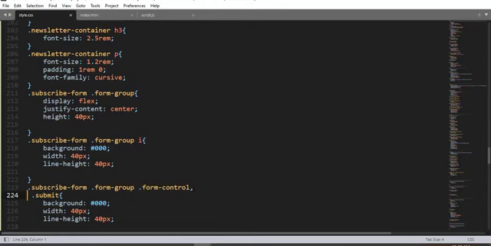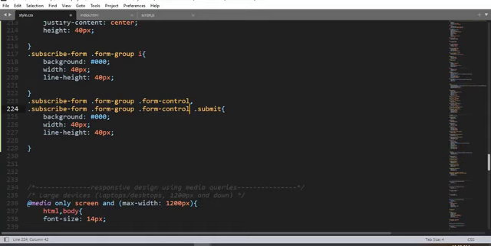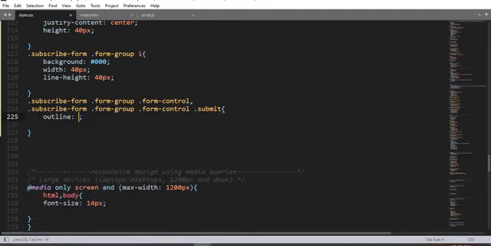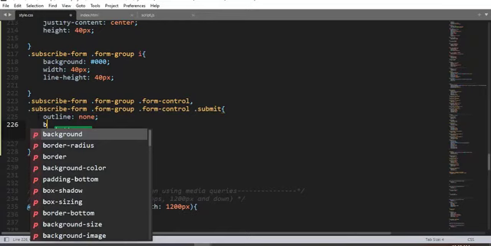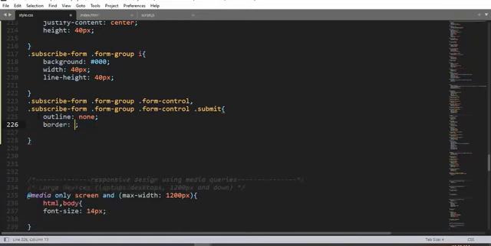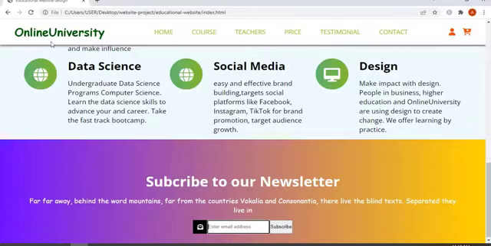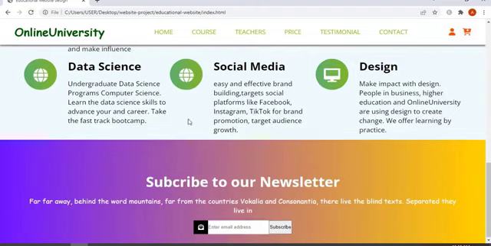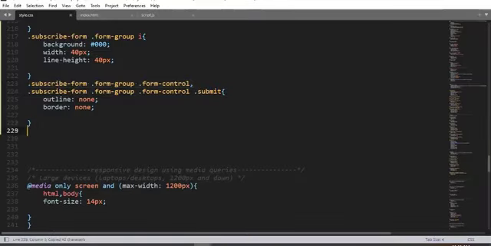Copy and paste right here. Okay, then remove this, outline none, border none. So when I save and refresh, okay, over here